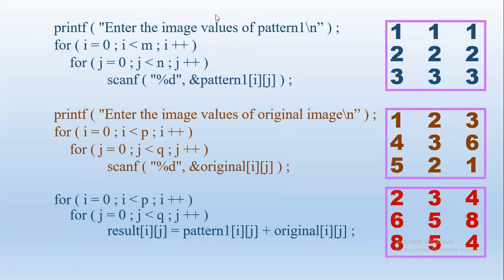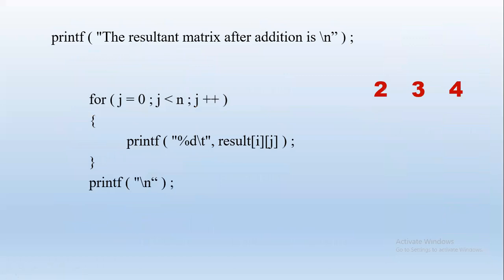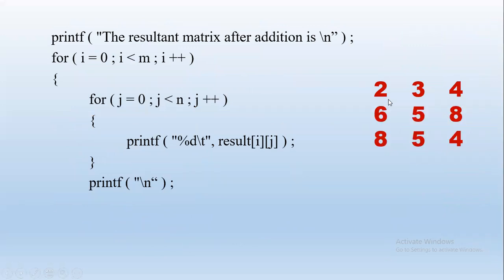Yes, ma'am. Now we have calculated the resultant matrix. We have to display it, right? So just display the resultant matrix. Result of Ij, Ij starts from 0. So it will print the first row, first element, and then J will get incremented. So the first row, all elements are printed. Next, I has to be incremented, after the newline. So I will be incremented with the for loop. Then we print the next row, right? So this is for printing the resultant matrix.